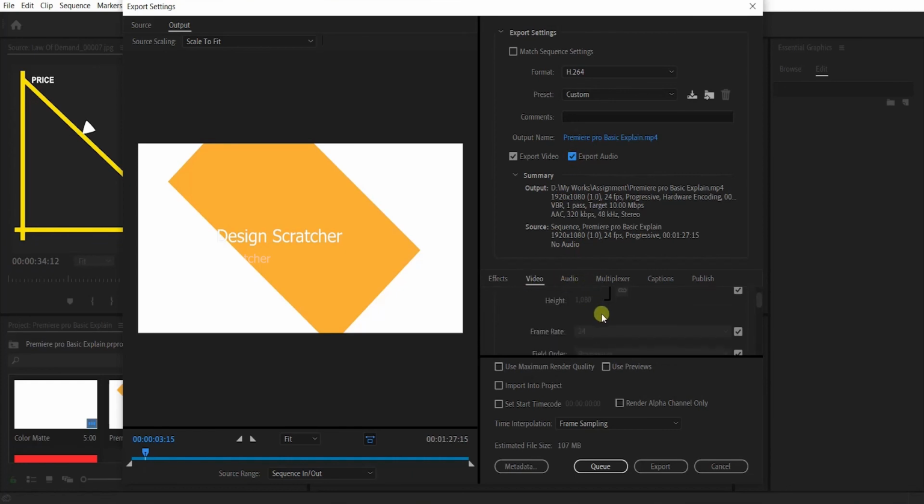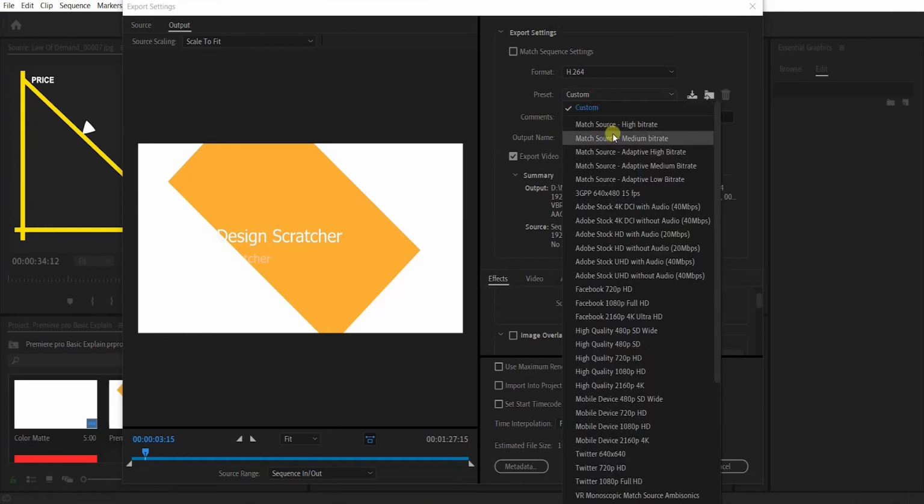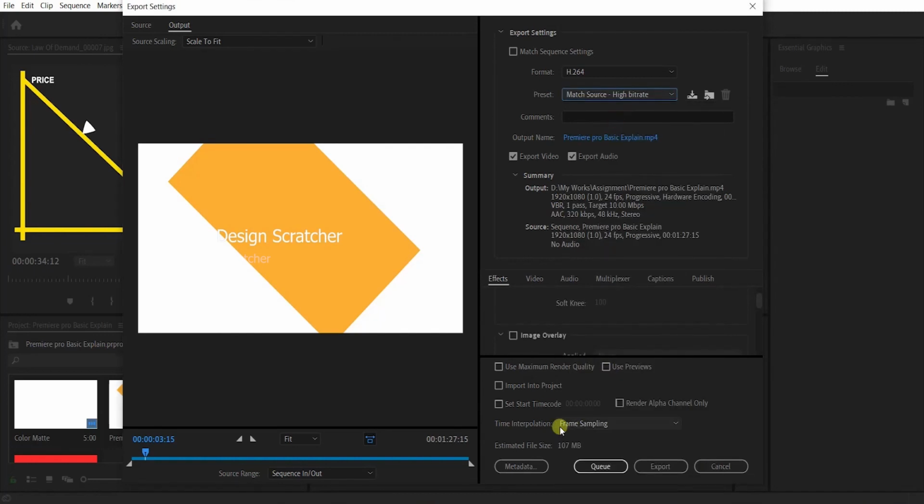Then the video settings will be here, audio settings will be, multiplexer will be, captions, publish, safe text will be, regular settings will be here. If you need to change it here also, kind of preference only. This is for the time sample and queue, return queue, and this is for your kind of preference only. I think this is better for AAC and the custom, high bit rate, and change everything.